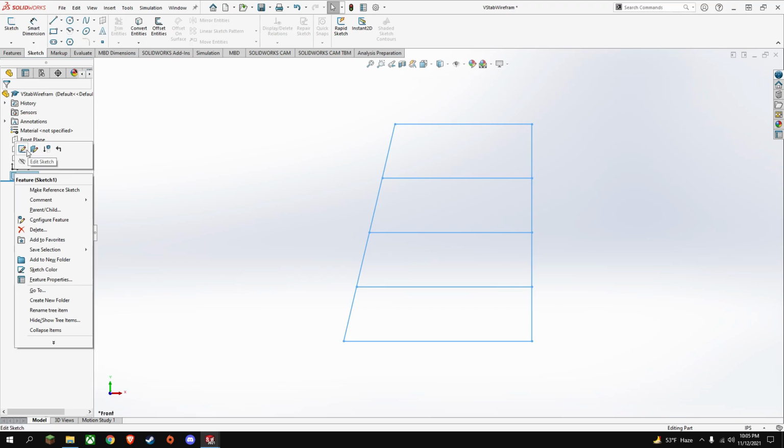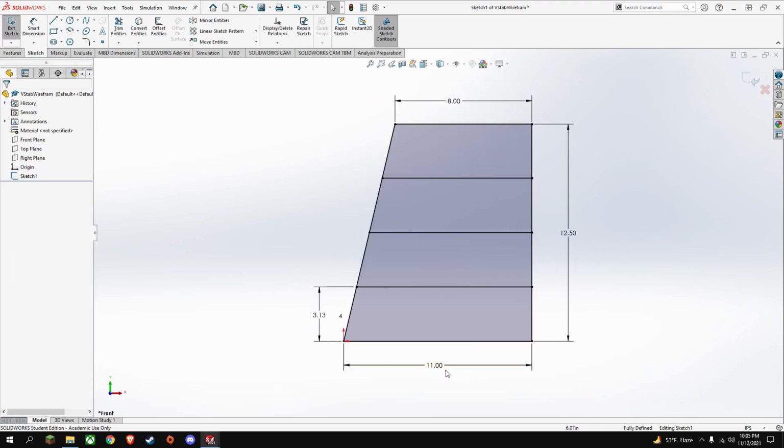So basically what I did is I just took the dimensions. Mine is going to be a little different than what I give you, but you have some base chord or root chord. You have some tip chord, and then you have some height here or length. So you just create this shape to reflect that, and then you want to decide